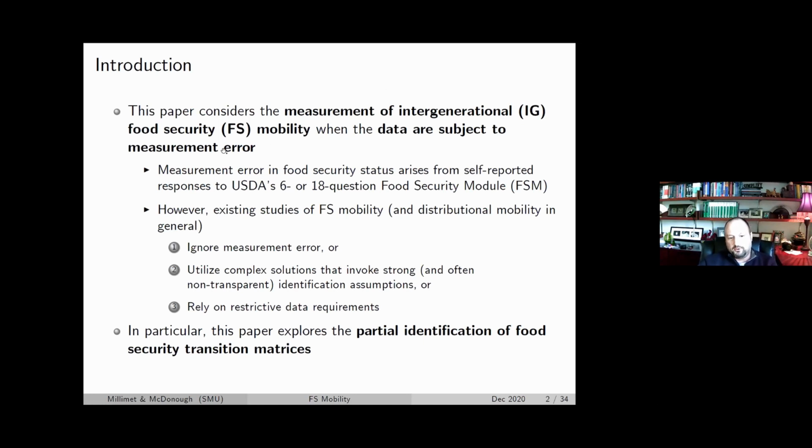All right. So anyway, what are we going to do in this paper to address measurement error? We're going to build on Manski-type work and resort to partial identification in the context of transition matrices. So it's very much just a descriptive paper. I just want to think about our usual transition matrix, like in Xi's talk yesterday. The only difference is we're not going to trust the data. We're going to allow for it to be measured with error, and then see what type of bounds we can derive on the elements of the transition matrix.